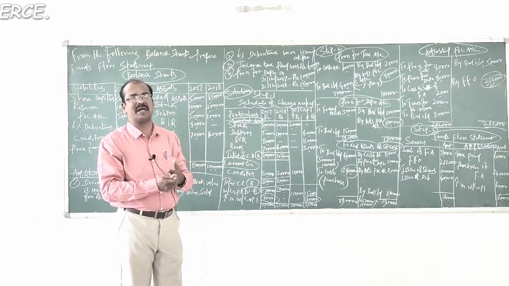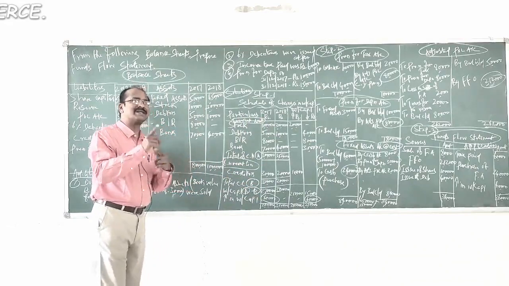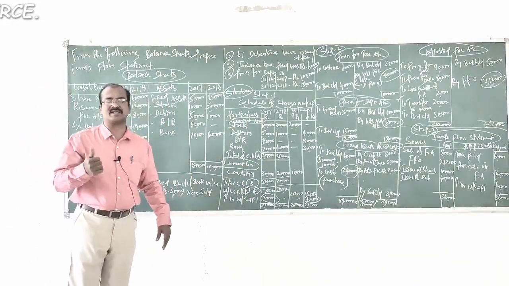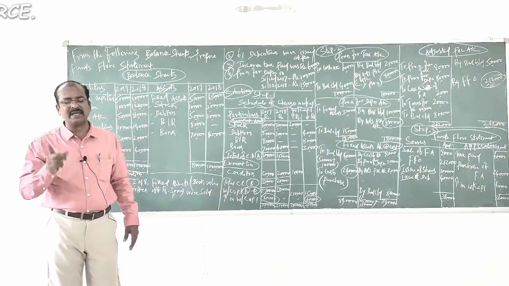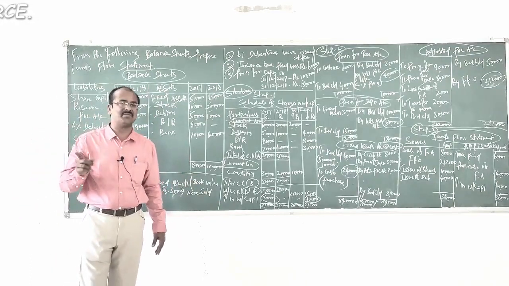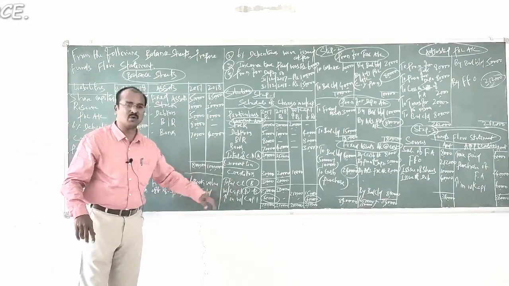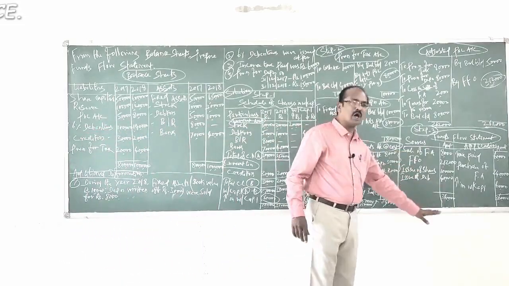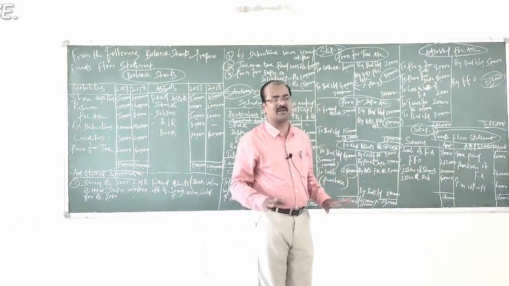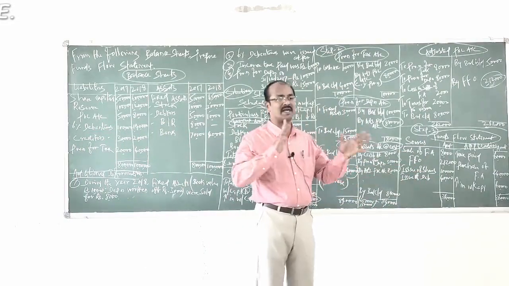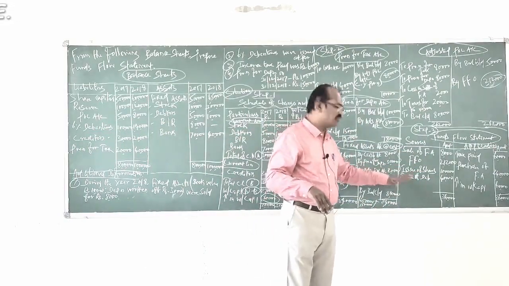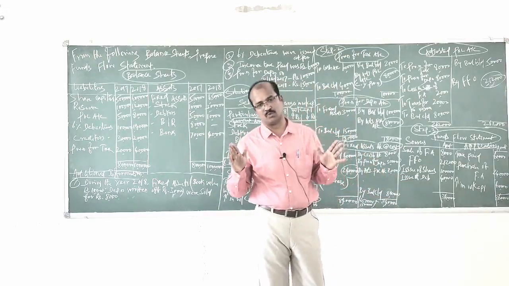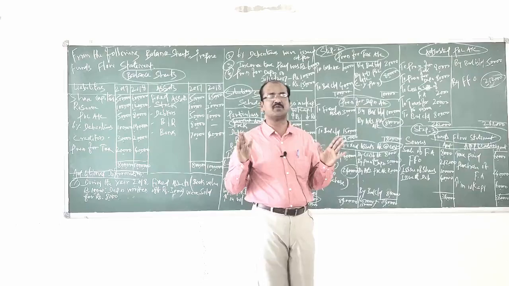There is only one item left out, which is nothing but the result of schedule of changes in working capital, which is an increase in working capital in the problem. Increase in working capital is nothing but application of fund amounted 60,000 and that is also finally recorded. If you now total the items that are presented in sources side and application side, they become equal with the value of 3,60,000 rupees.